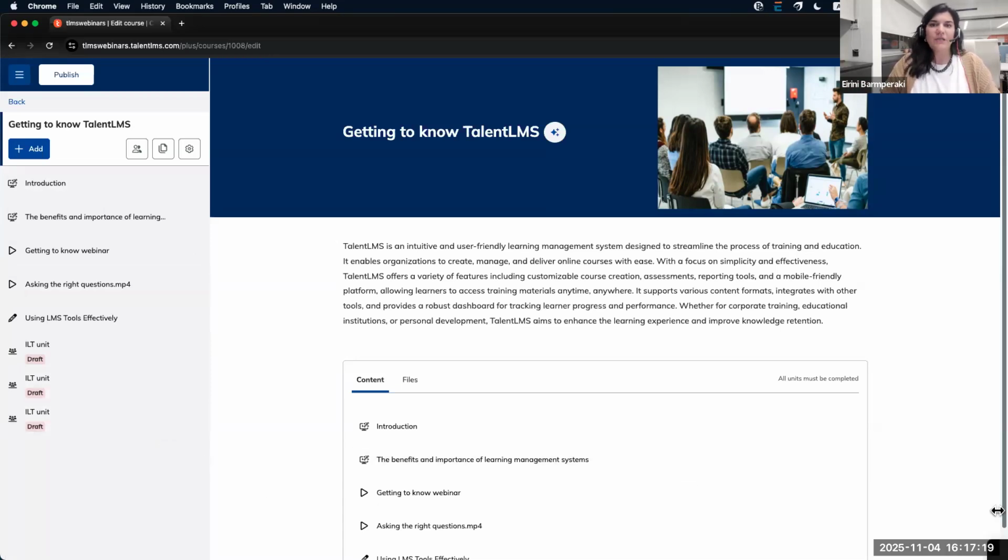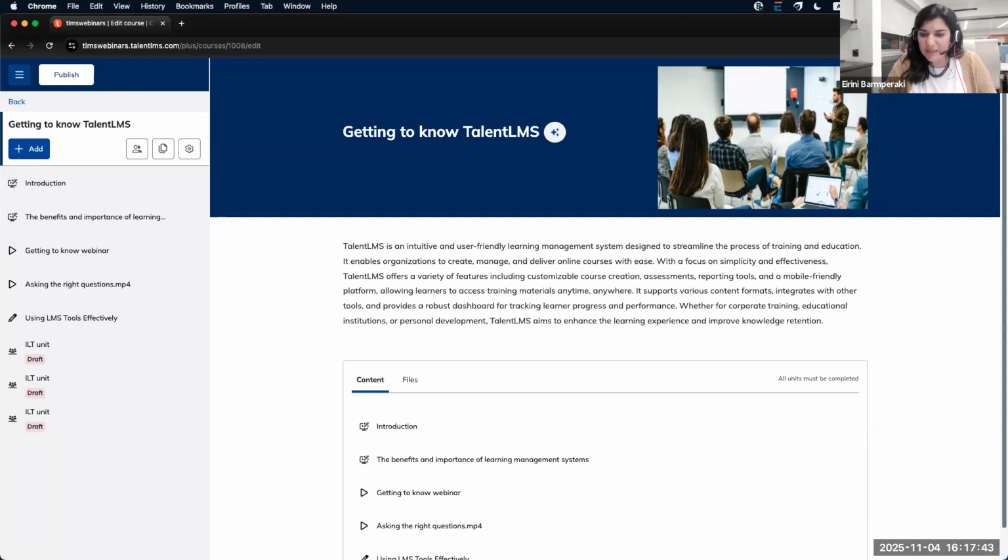But what if you have this use case where you want to give some more flexibility to the learners? Maybe you're building hybrid events and you would like to share some options to your learners so they can pick up the session that fits best their calendar, whether that would be an on-site session or an online session, or maybe